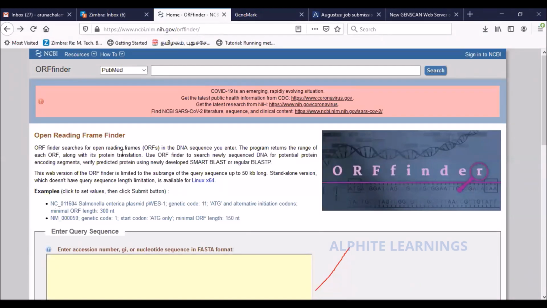You have sequenced some region in a chromosome, and you want to see whether it codes for any meaningful protein. Then you can use a program like this. It would look for the open reading frame. That is why it's called an ORF finder. All right. So that is the difference between an ORF and a gene.